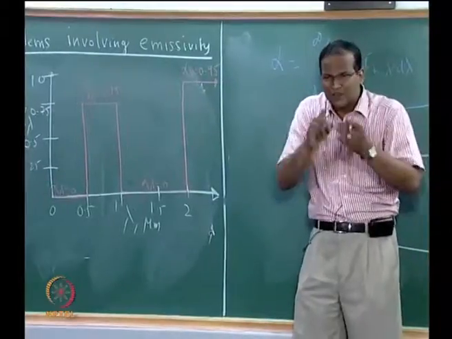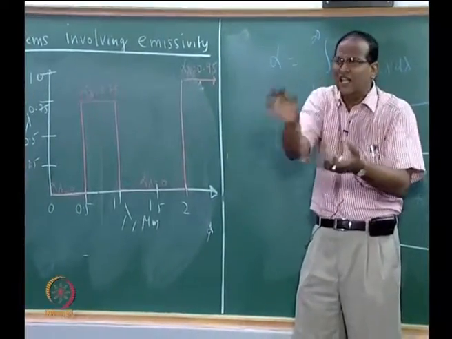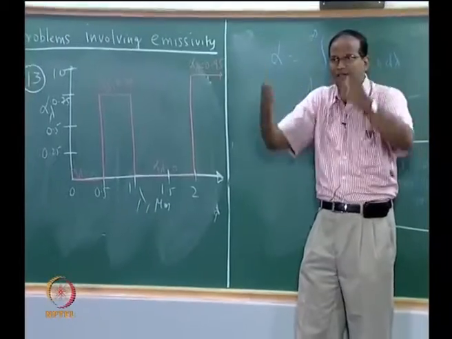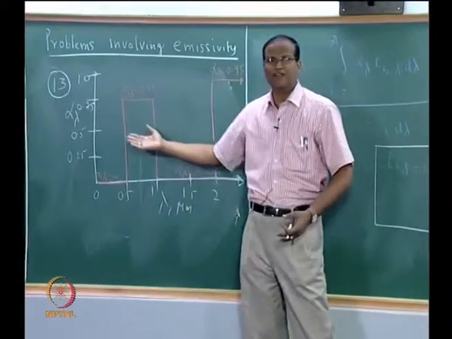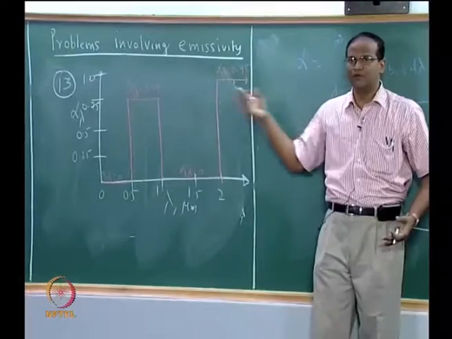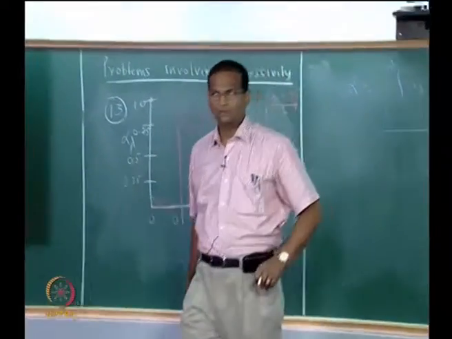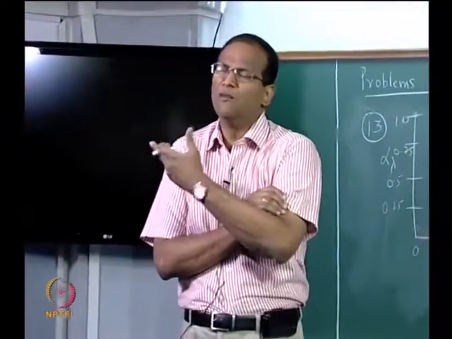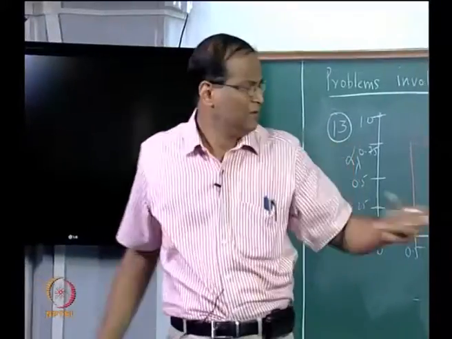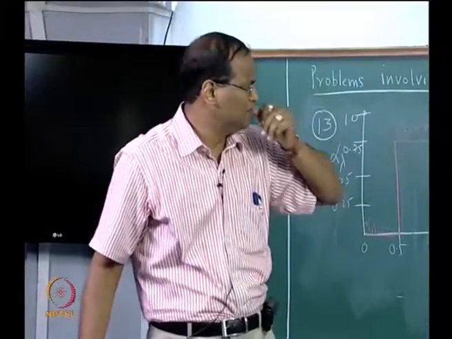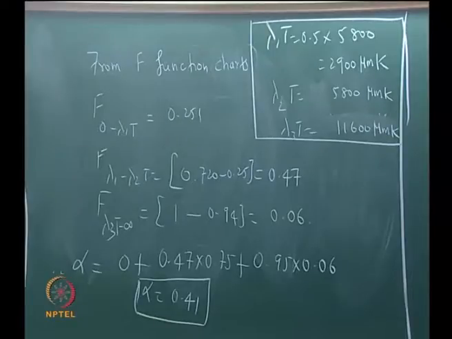So it is not about mechanically and routinely calculating from the F function chart; you need insight. If you have this insight, by looking at this you will say, if this is the temperature, this is the alpha I should expect. Does it make sense? After 2 micrometer, let it be anything, it does not really matter. What is the contribution of the last term? 0.04 or 0.05 something like that. Okay, now we are able to get it. So alpha is obtained.